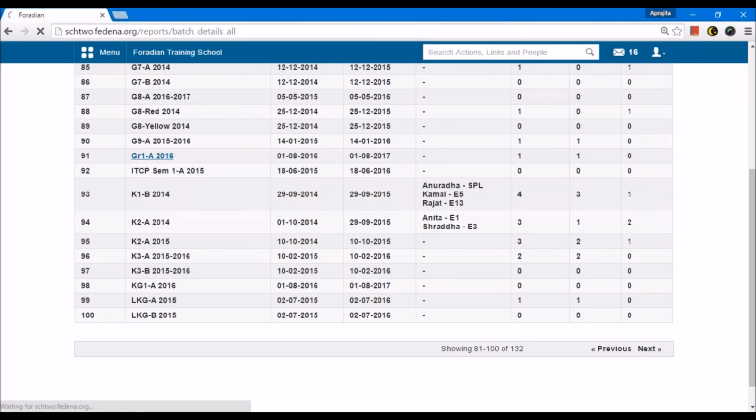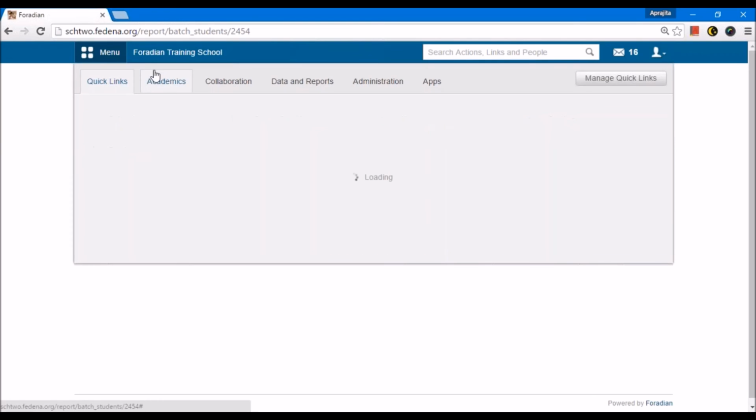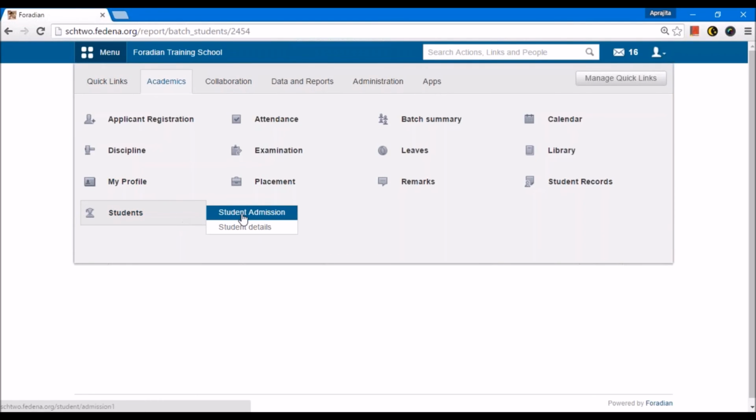So I have this batch. When I click on it, I will see that this student that I've just admitted will appear here. All the students will appear in this list once you admit them in this batch. So this is how you can admit the students one by one in Fedena,